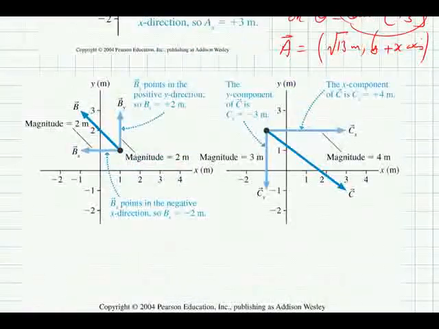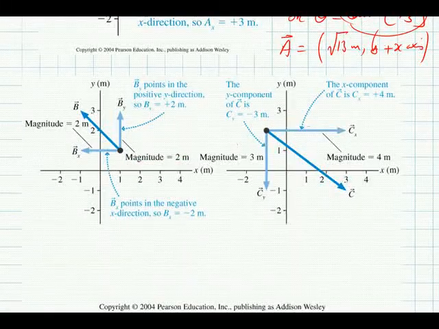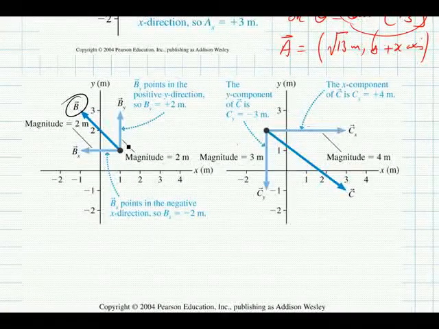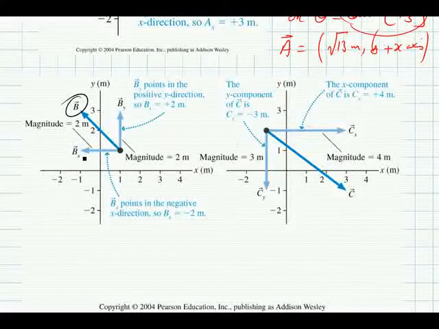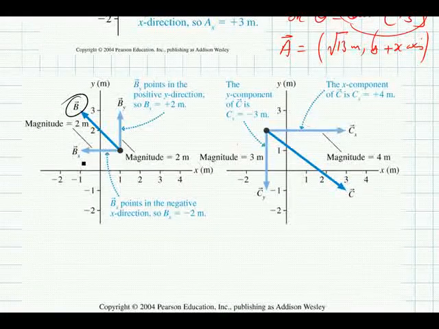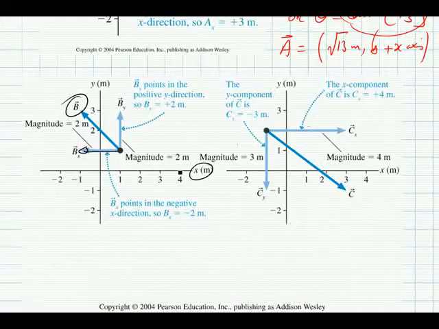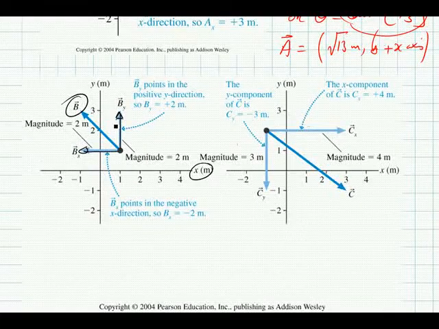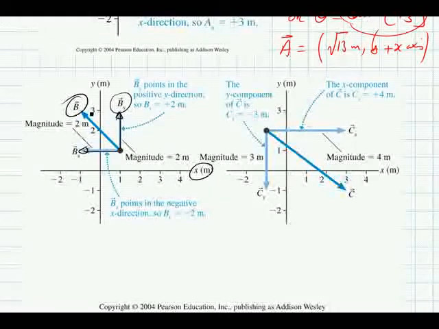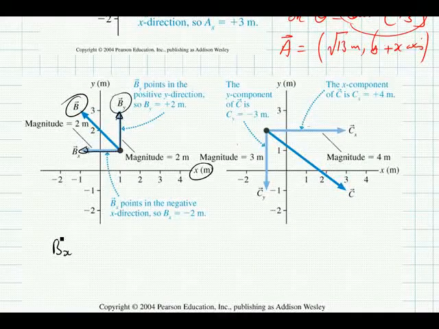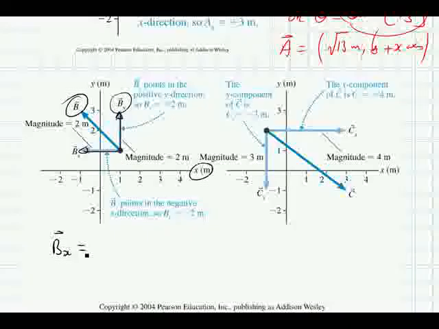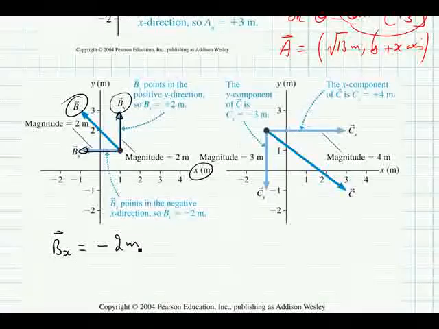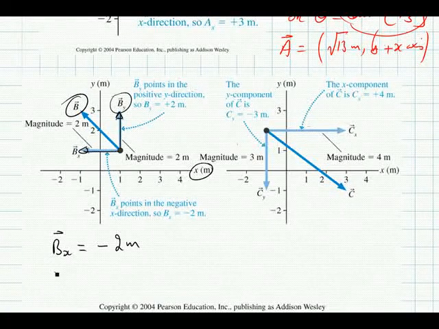Let me see what I have here. Just a couple more examples. Vector B has a magnitude of 2 meters, but its x component is pointing away from the positive x-axis, and its y component is also 2 meters long, but it's a positive number. So Bx, vector x, is equal to minus 2 meters, minus because it's pointing away from the positive x-axis, and